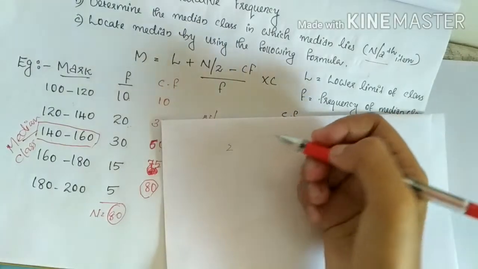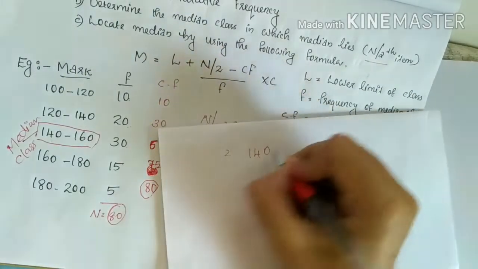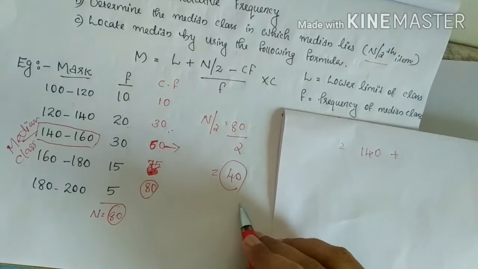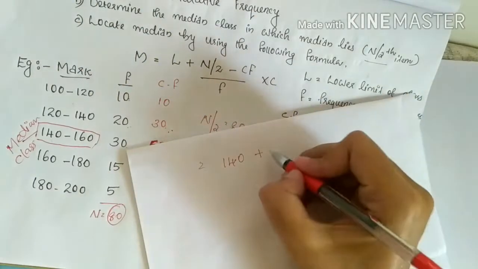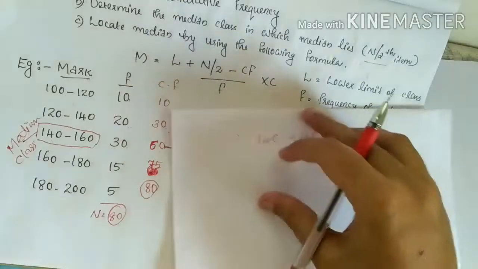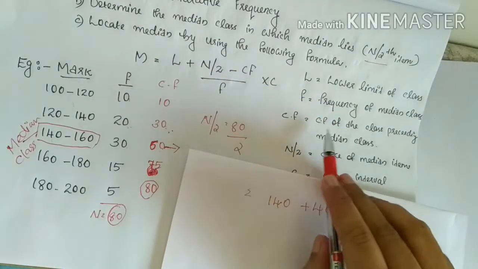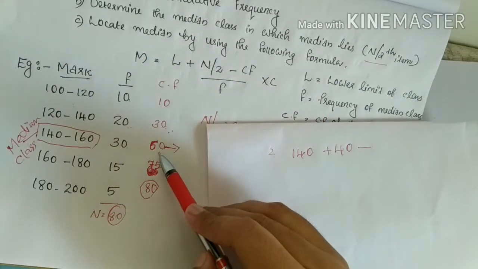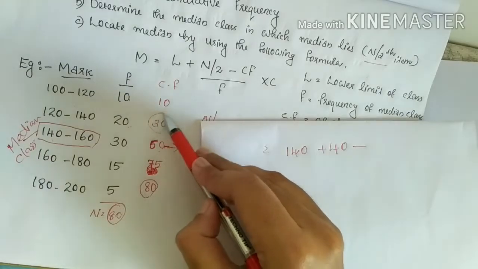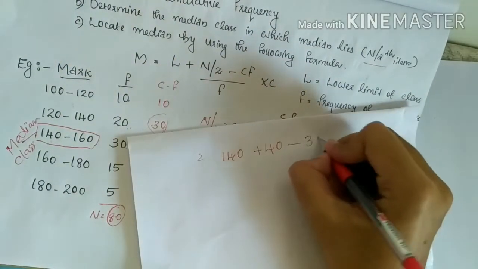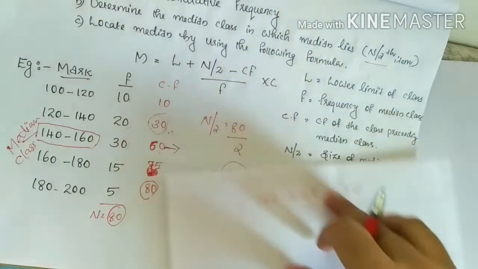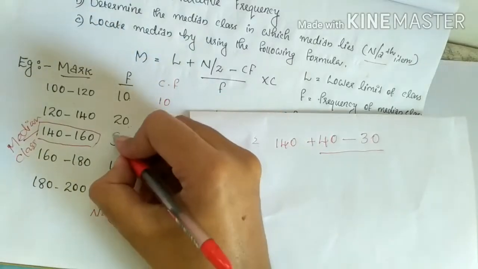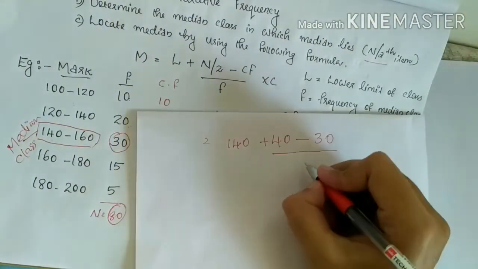Here L is 140, that is the lower limit of the class. L plus, 140 plus n by 2. The n by 2 we already found, that is 40. N by 2 minus, 40 minus, then the next one is cumulative frequency. What is cumulative frequency? Cumulative frequency of the class preceding the median class. Here the cumulative frequency of the class preceding the median class is 30. 40 minus 30 divided by frequency. Frequency means frequency of the median class. Here the frequency of the median class is 30. 30 divided by